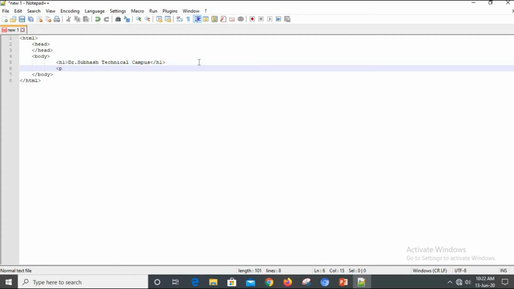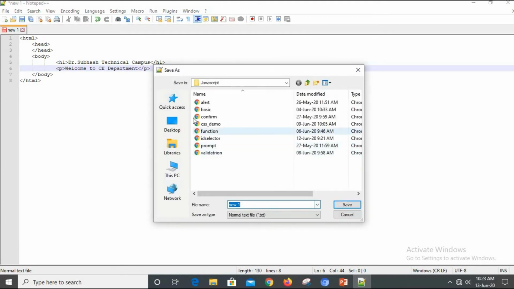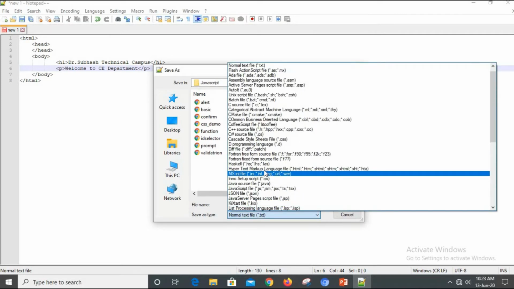In a paragraph I am going to write, welcome to C department. Paragraph close. Now we are going to save this file as external.html.